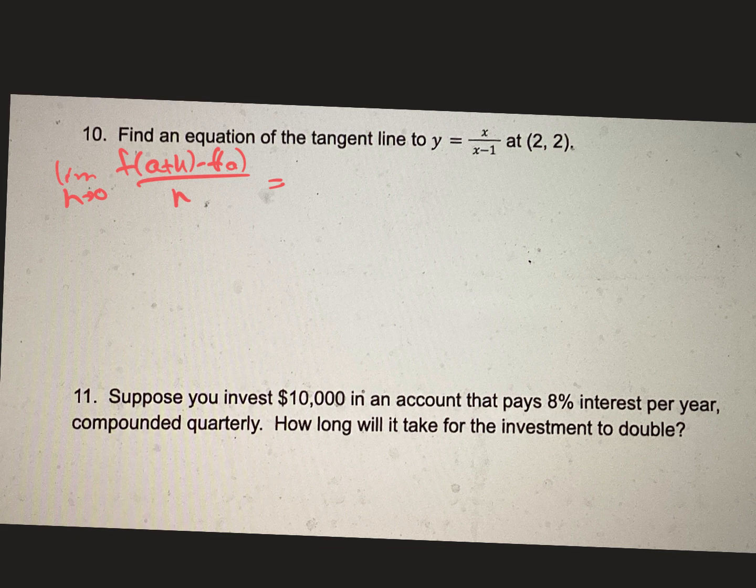However, we know what the a is. The a is 2. It's the x coordinate. So I'm going to plug in. I'm really doing the limit as h goes to 0 of f of 2 plus h minus f of 2 over h. So if I plug in 2 plus h, limit as h goes to 0, if I plug in my 2 plus h,